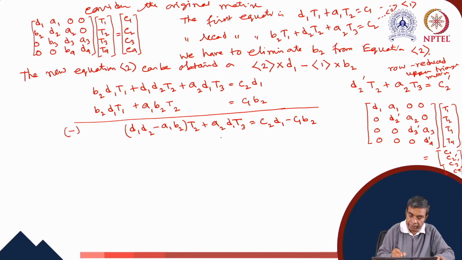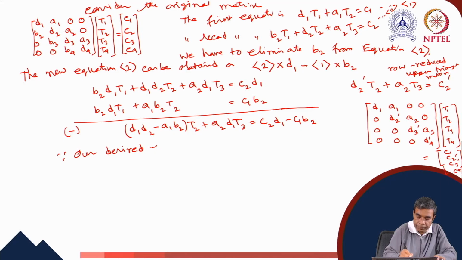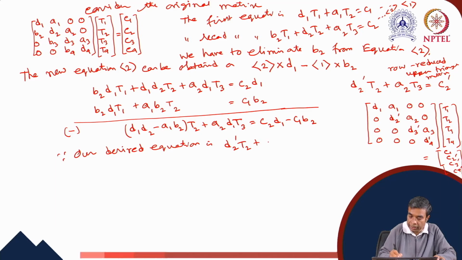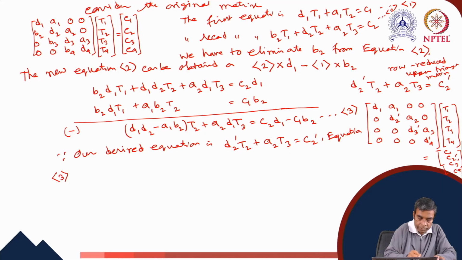So it means that this term a2 d1 t3 should look like a2 t3, since our desired equation is d2 dash t2 plus a2 t3 equals c2 dash. The above equation we mark as equation 3. Equation 3 is simplified